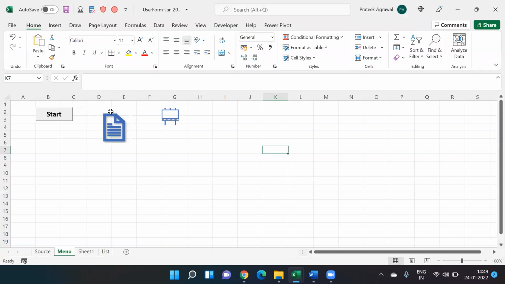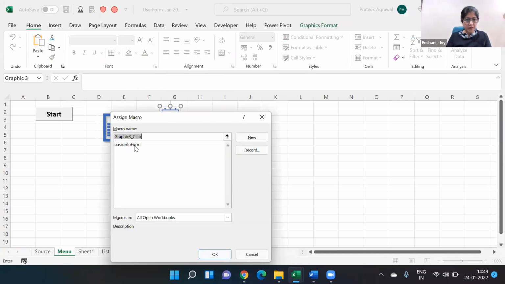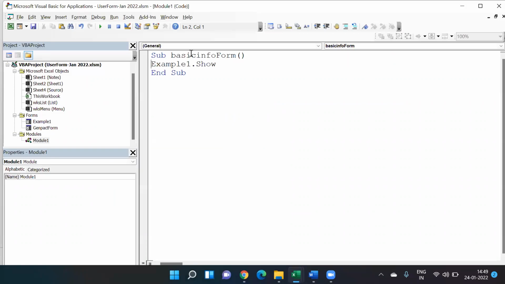Okay, now let's try to run it. Assign macro. Genpact form, hold on, sample show. Oh, sorry, I'm putting it in the wrong place. You have to put this in the module. To show it, you have to put it in the module, because you are not doing an event on the object, you are just showing the form. So in the module,